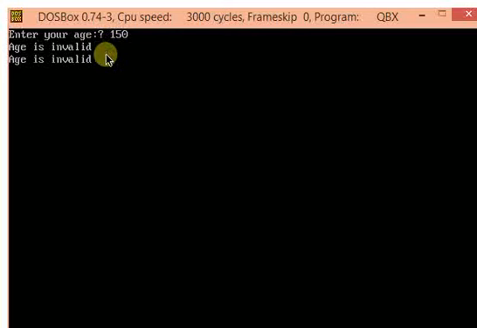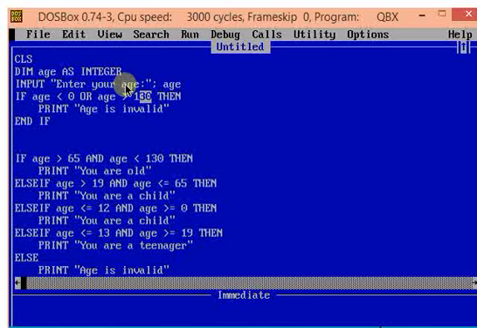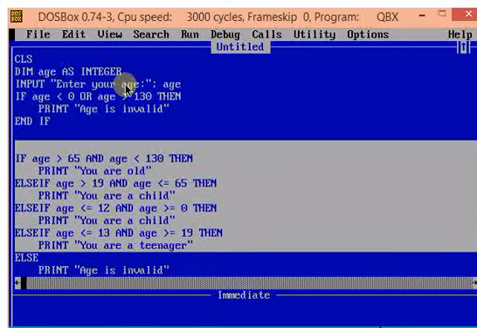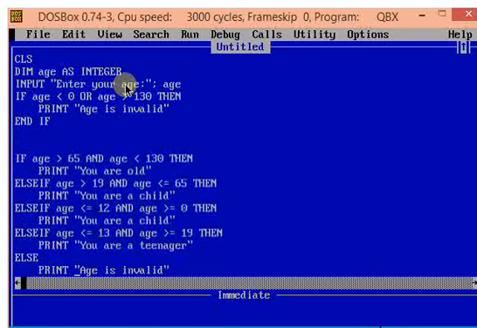This happened because our or condition check is satisfied and also it went through all of the if then else if blocks where none of the conditions match. So finally it went to the else block and the message is printed. We don't want that. Basically we want to end the program if the age is invalid. How do we do that? It's very simple. There's a command called end.